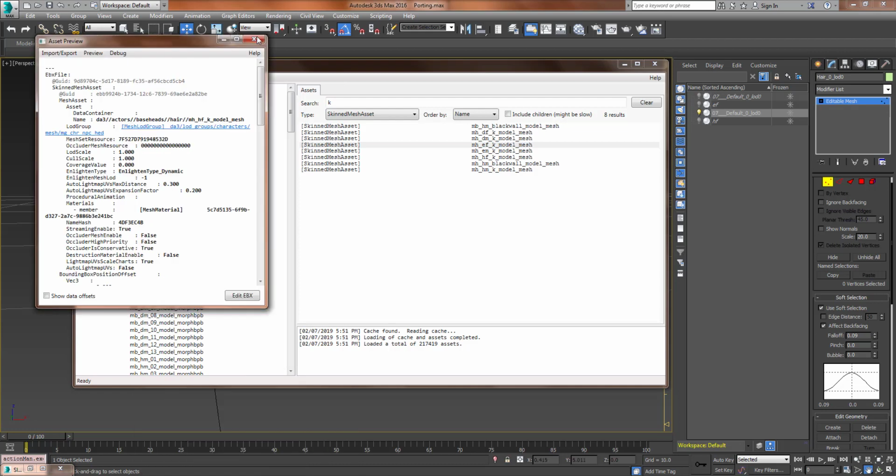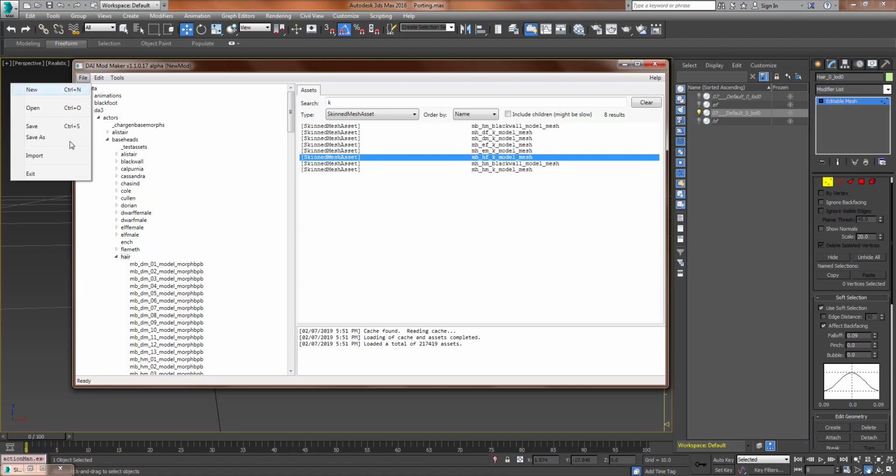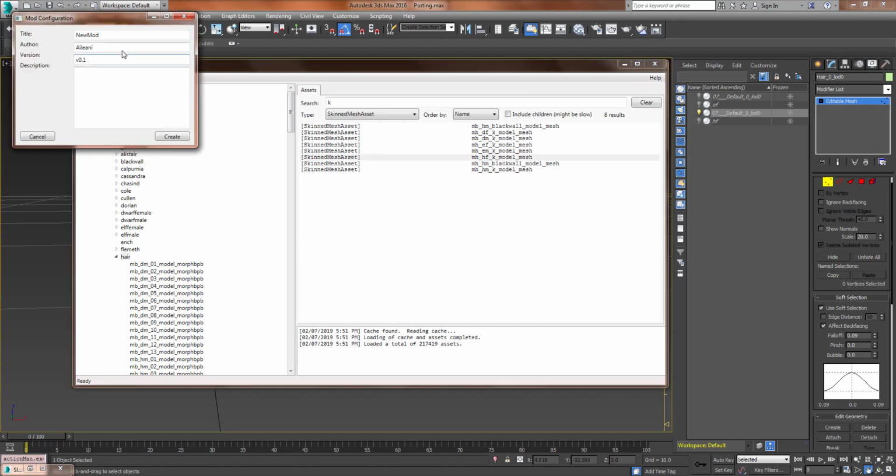Take into account that when making the mod, you can import everything at once. So when people install this hair in game, they only have one file that affects all the hairs, or you can import it for each gender and race that you have separately. For example, I imported for human female, I save like I showed you in the previous videos,